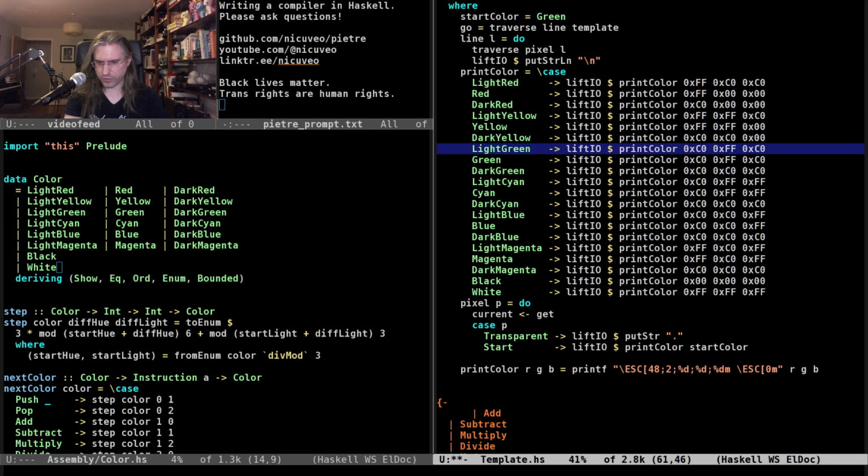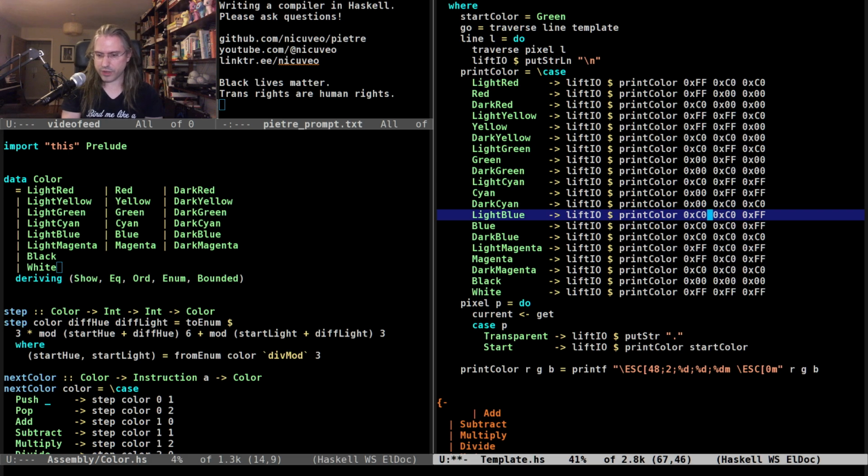Light green, that's correct. Green is zeros there and there. Light cyan is C0 here, 0 here, 0 here. Why is dark? Yes, C0, 0, that's correct.